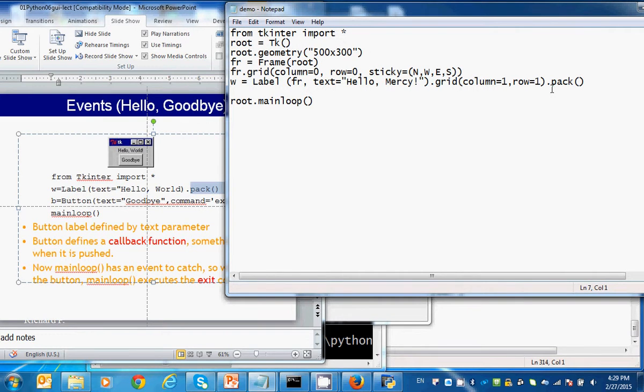So let's say button B, there's a label means a variable. If you do not use the button graphical components again, you do not have to. So you can simply say button. But later, if you want to use that button to manipulate, then you need to assign that button component to a variable. Button